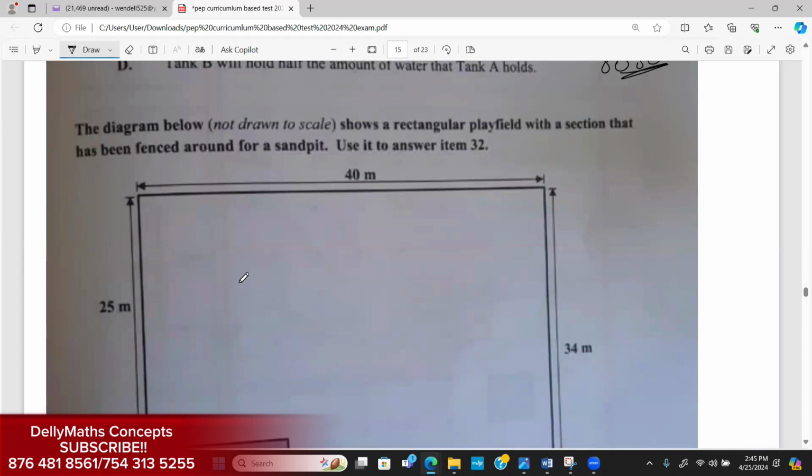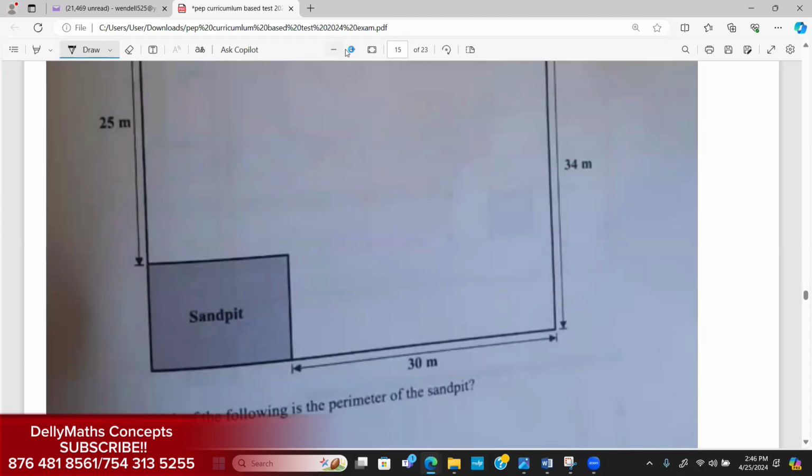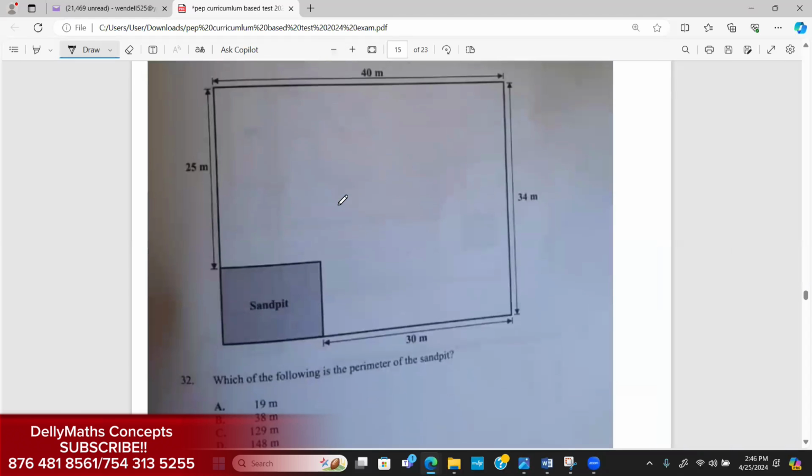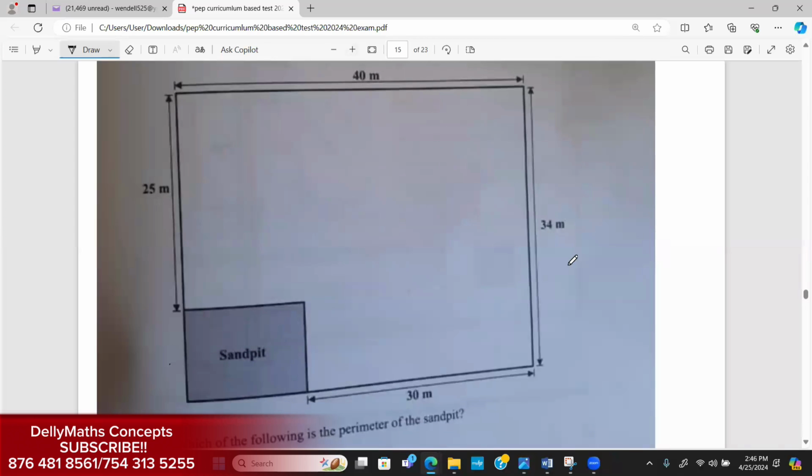The diagram below, not drawn to scale, shows a rectangular field with a section where we have a sandpit. All right, let me minimize this so we could see everything at once. All right, there you go. What was the question? The question says, which of the following is the perimeter of the sandpit? Oh, perimeter of the sandpit. So we're going to have to apply ourselves a little bit. We want to find the distance along the boundary of the sandpit. Now, if you take a look,